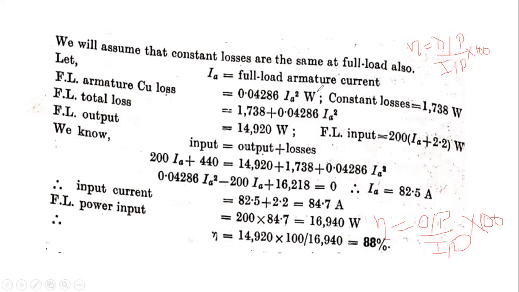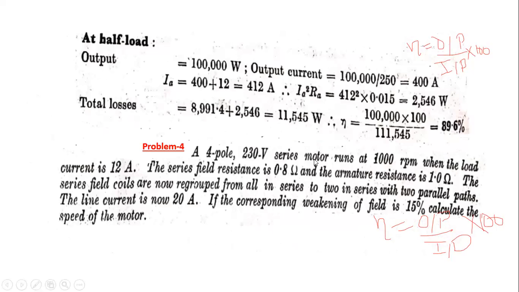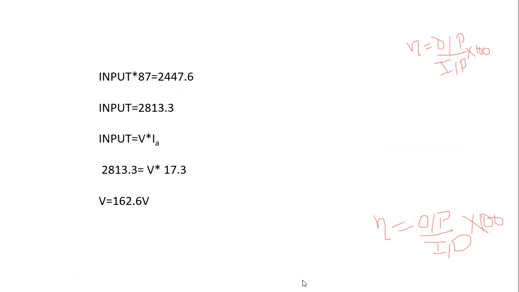Understand? These are the various problems related to the testing of a DC motor and speed control of a DC motor. This is the total first unit, that will be completed for today's class. The first unit consists of two topics. First one is the DC generator. Second topic is the DC motor.